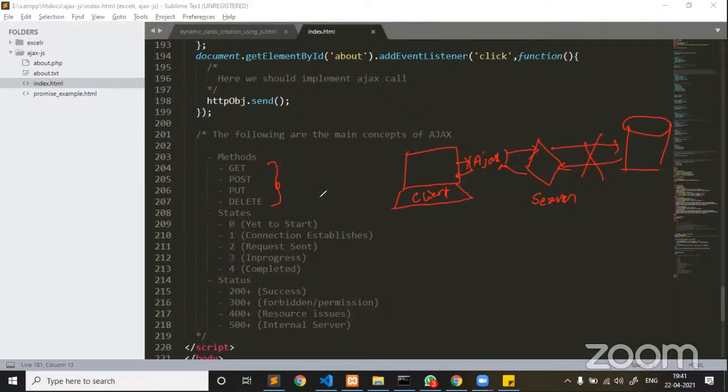We can also use onClick, Siva. But addEventListener is the completely pure JavaScript way to attach a click event to an element. Or we can also use onClick, that is an HTML attribute. Next, guys, listen. And here, first you should understand what sort of methods are available to send a request from client to a server.